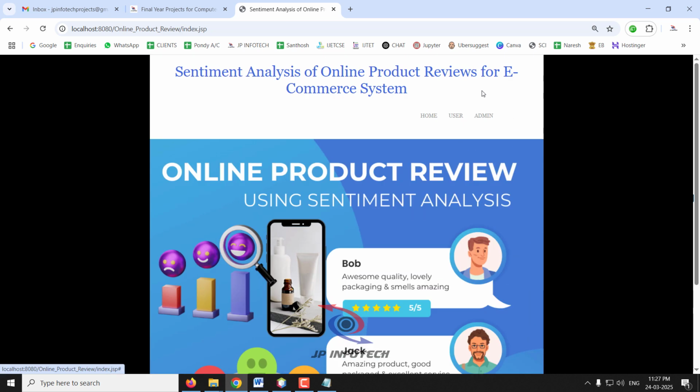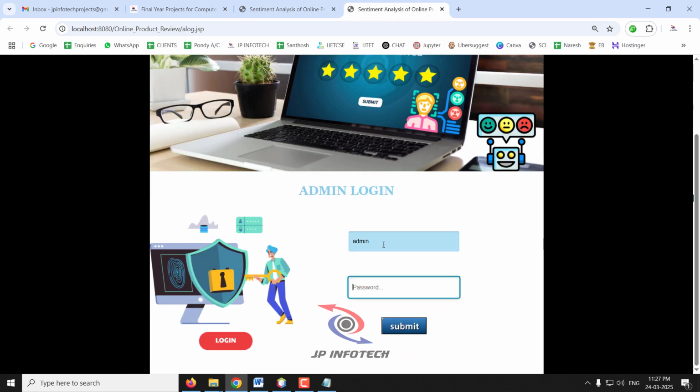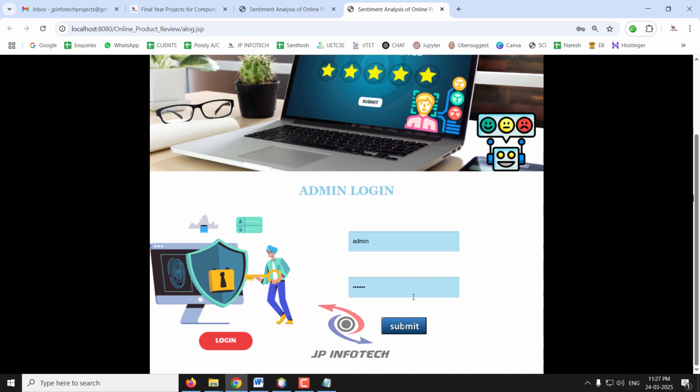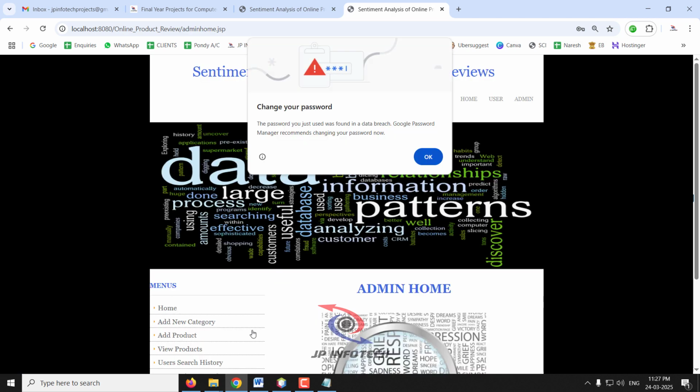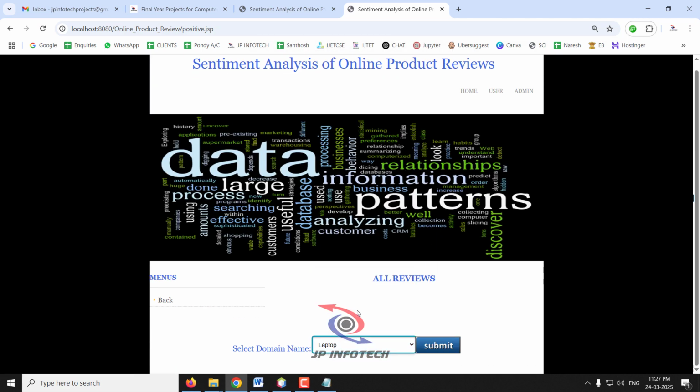Now let me go to the admin part. For easy convenience, I'll just open the admin one in the right side tab. Now if you go to all reviews part and if you select the laptop part,